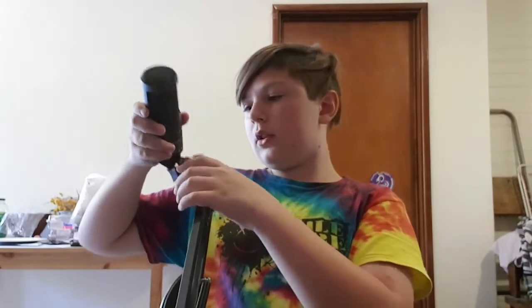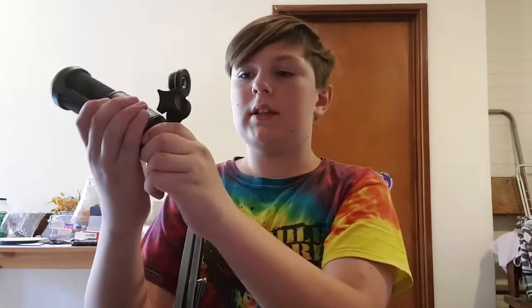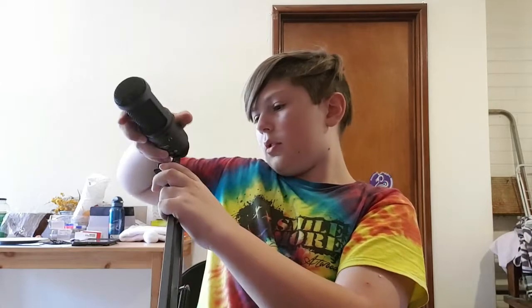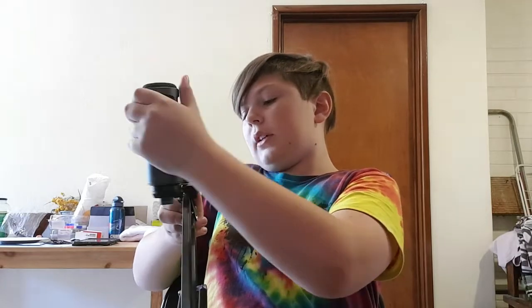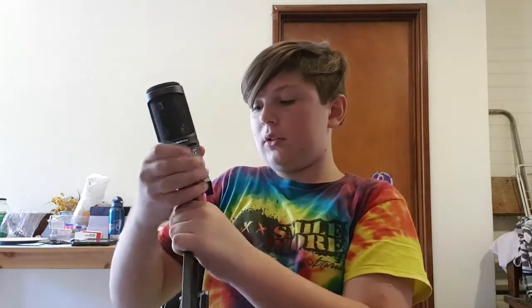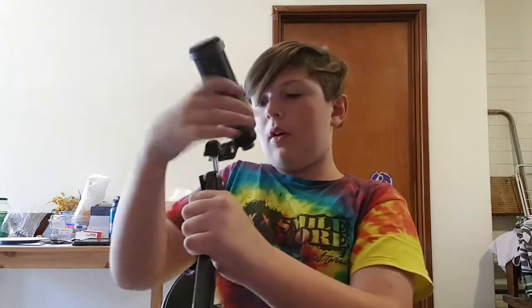Screwing this on now is not the easiest thing in the world. I've seen another guy just unscrew this, but I can't. We've got to screw the whole entire microphone around. I'm sure this would be much easier if I was... Okay, here we go, here we go. It's kind of latched on, and this is... Okay, I can pull that out. There we go. Screw the microphone onto the